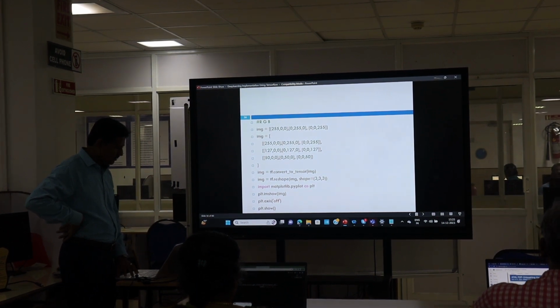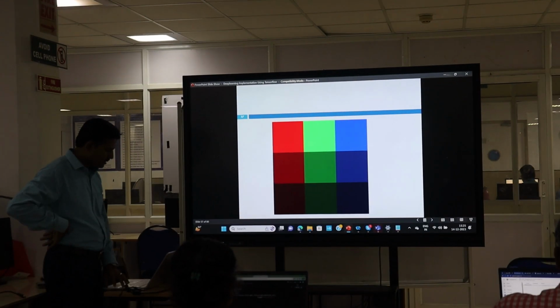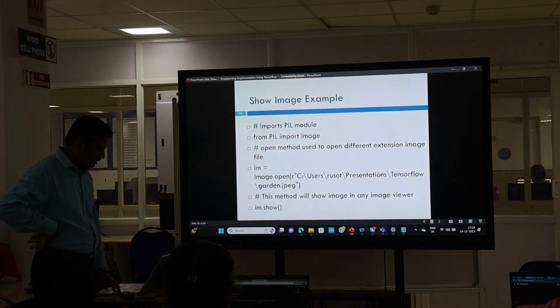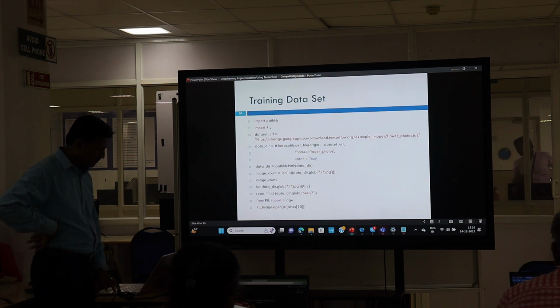Just refer to the code that I have shared. You are getting this output. This we have also tried, and writing datasets also.